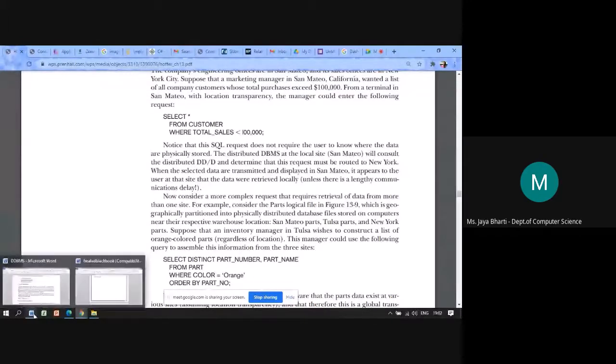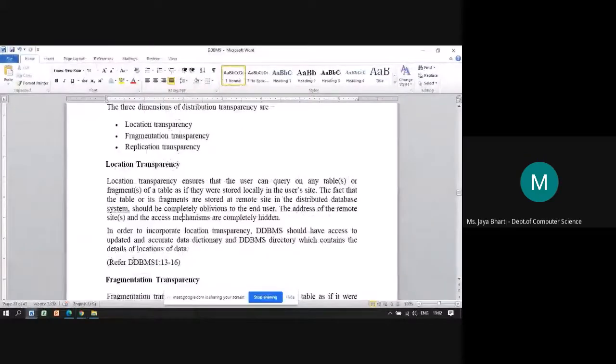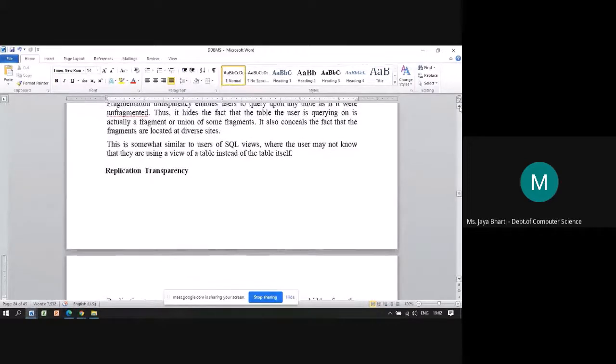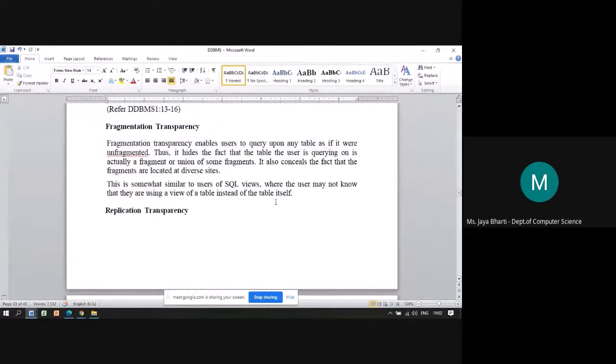The next type of transparency is fragmentation transparency. Here the user requests the data, but is unaware of which particular fragment the result has come from.